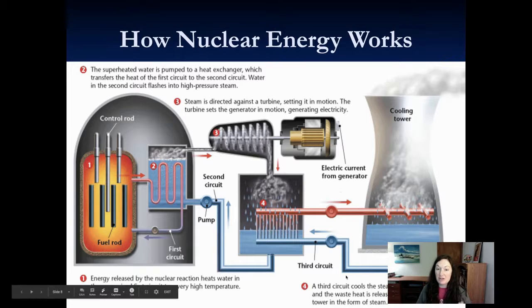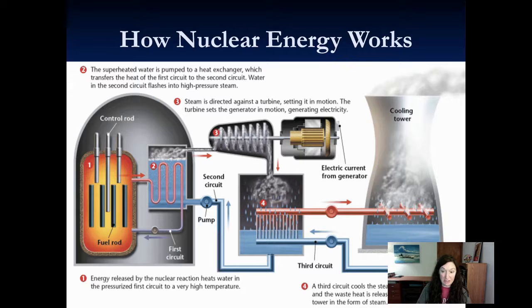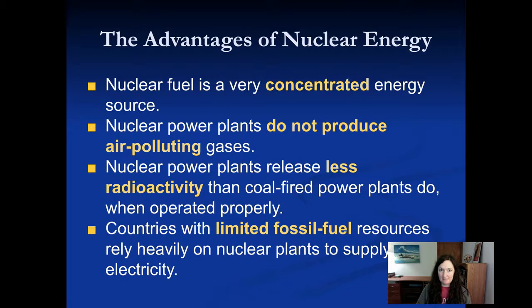Now, because there is so much heat, so much energy from a nuclear power plant, they actually have cooling towers. So that's what those big structures are that you see at a nuclear power plant. What's coming out of them is just steam. There's just so much energy that they have to keep them cool. And so when you hear the word nuclear meltdown, it's usually referring to it overheating, the fuel rods overheating. And that's when you have things that fall apart in nuclear accidents.